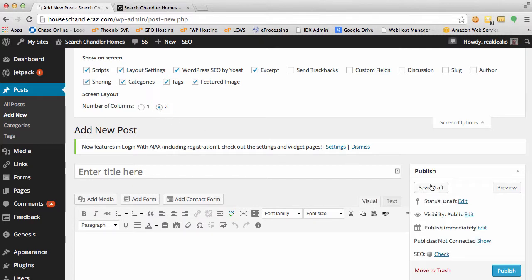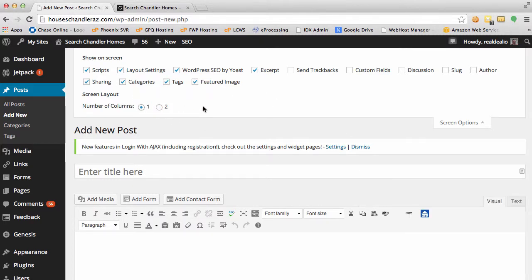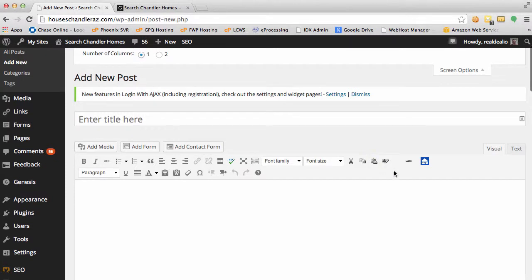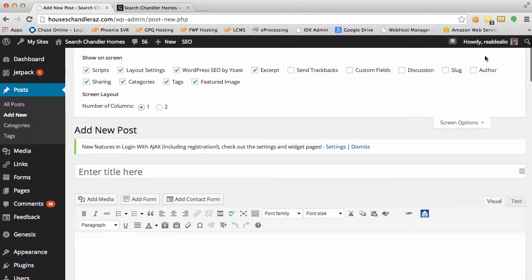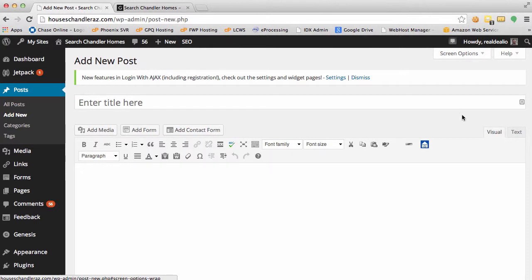Did you see that go away? So I'm now in 1, and you'll notice here I now have the blue icon with the house on it. Okay, so I'm going to collapse my screen icon back away from here so I have more room to work. And I've already shown you how to do a subdivision search. I'm actually going to do another subdivision search using Ocotillo, which is a subdivision in Chandler, Arizona, but it's got